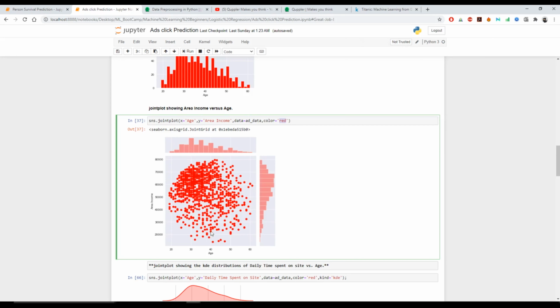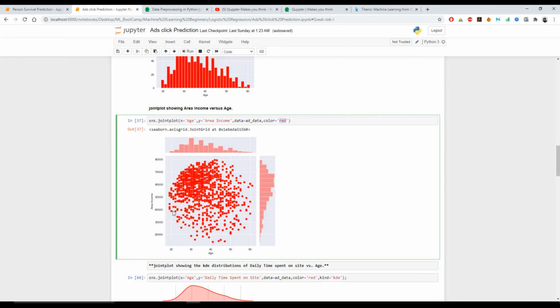You can see the data is more clustered in this particular area. So users between age 20 to 35, let's say between 25 to 30, spend more time, and based on the area income, they tend to have more data.